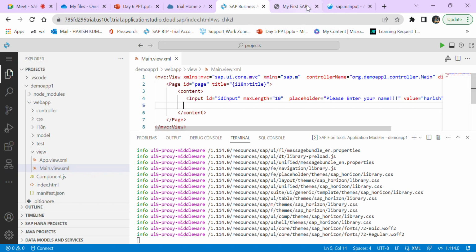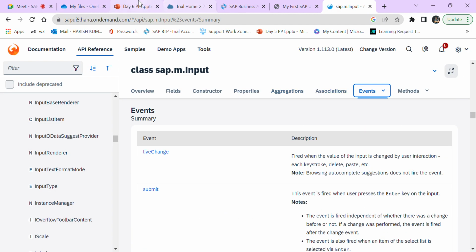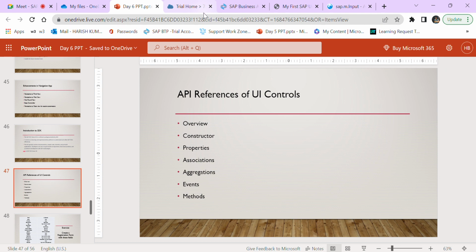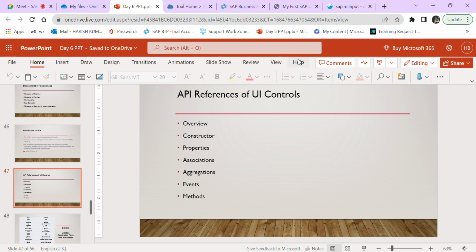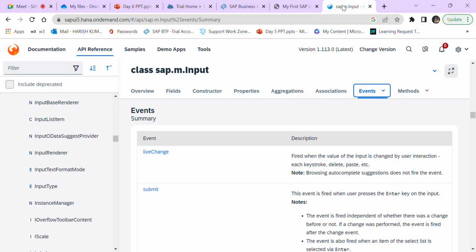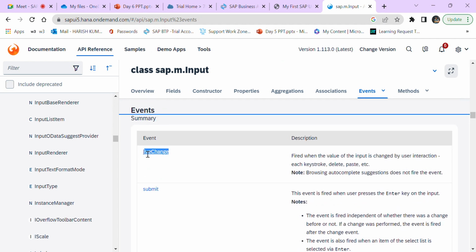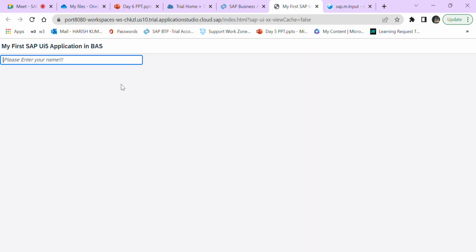Okay. Clear. Now we have done with the input, and what are the events. Events will trigger when there is an action, when there is any user interaction. If the user has done something on the screen, then events will trigger the workflow. Suppose in the events I have done something like live change. Live change means, suppose by default we have the value